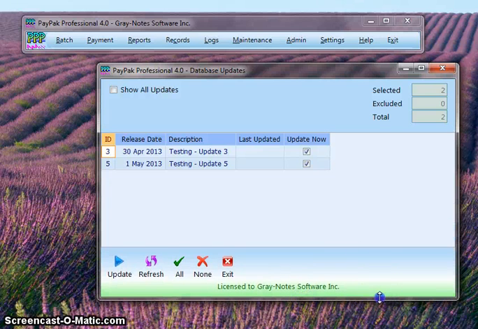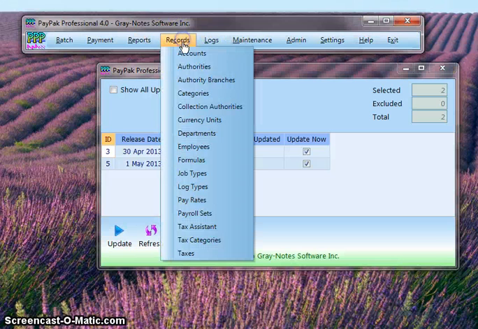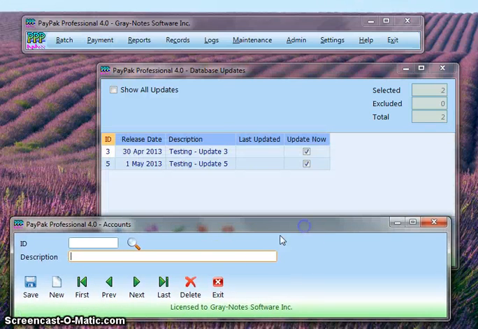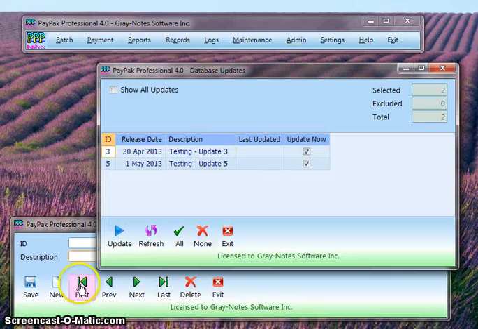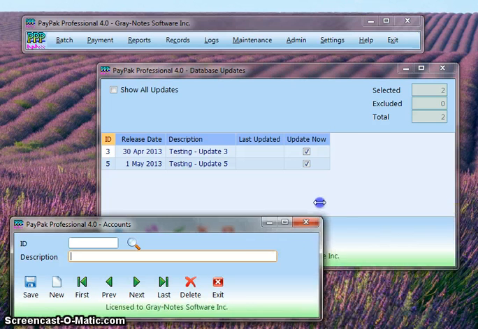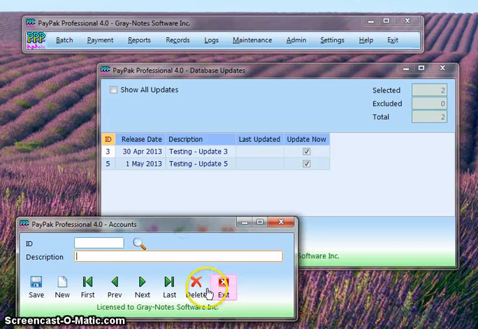Looking good there. And let's open another window. Let's go to records and accounts, and again here you'll see the same effect of that smooth fade from blue to white to green. This one is resizable, so let me just bring this around a bit so that we have enough space to show. And we've got this nice little panel here